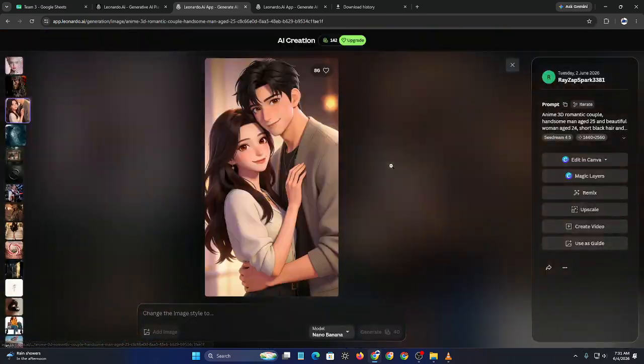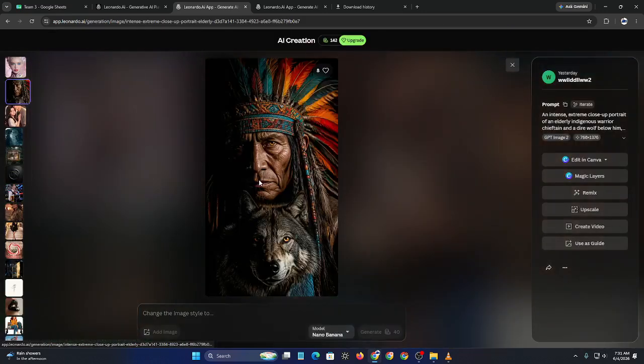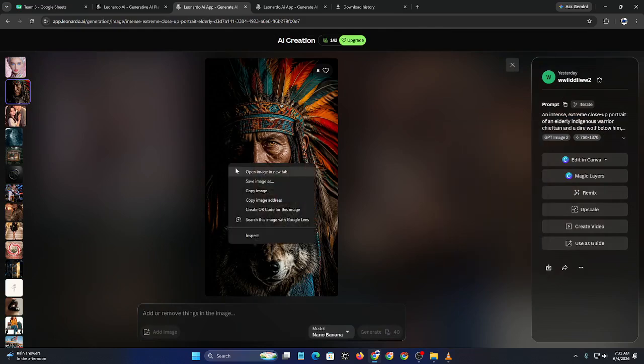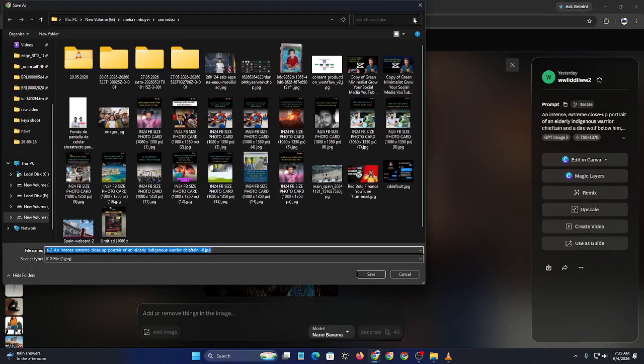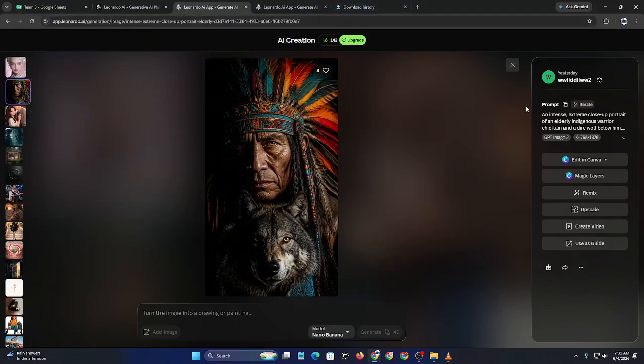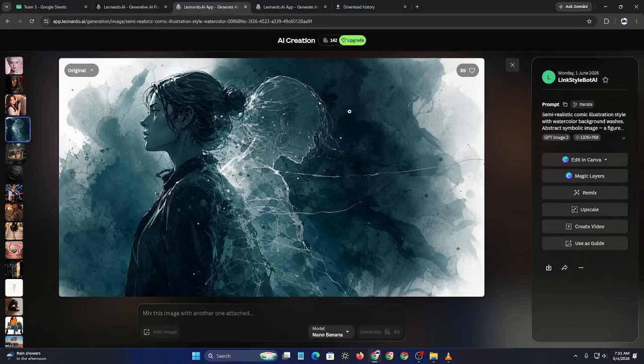Once you're satisfied with the image, use the available options to upscale, enhance, or download the final result. Finally, keep experimenting with different prompts, styles, and artistic ideas. So the more you practice, the better your AI art creations will become. And that's it. That's how to create AI art in